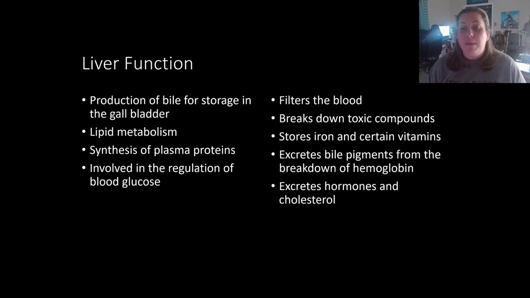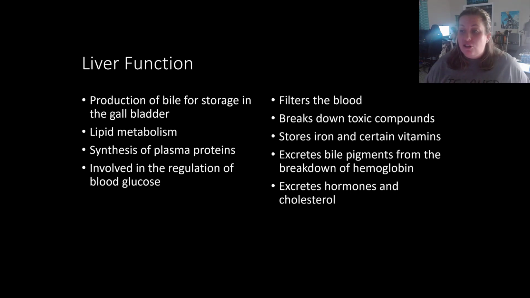It does excrete bile pigments from the breakdown of hemoglobin. So when your red blood cells get recycled, we see that the iron will be stored in the liver, and then we need to get rid of the hemoglobin part that is going to be in the bile. Okay, we call this the bilirubin, and we need to get rid of that. It also is going to help excrete some hormones and cholesterol. Now, cholesterol is not necessarily a bad thing. You actually need some of it, but there's good cholesterol and there's bad cholesterol, and we have to keep those